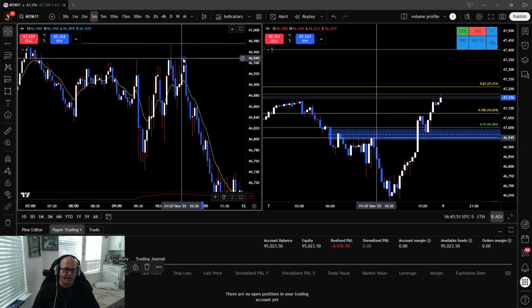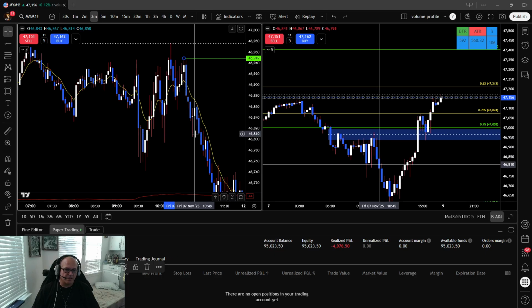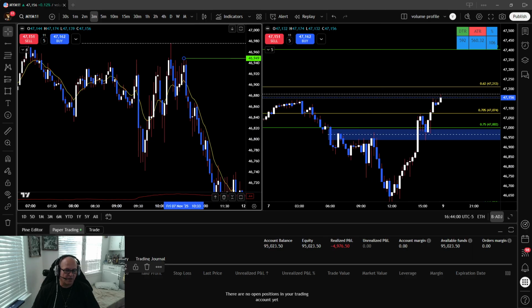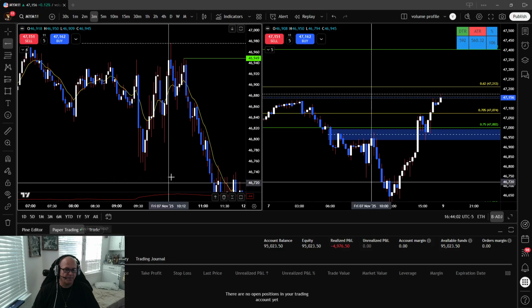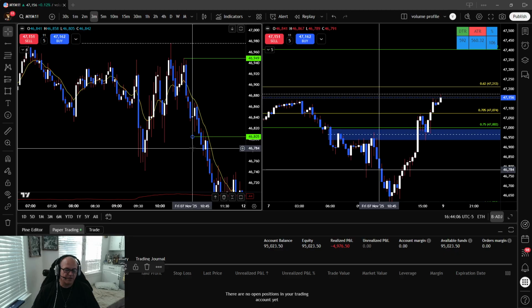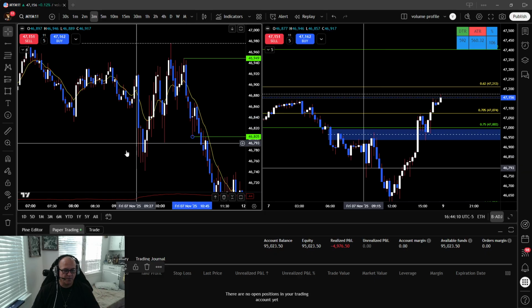I make note of that and I mark out the swing high. Then we come down and we hit here, and then we have this candle close here, which gives us a swing low. Immediately, because I don't know what's going to happen, and these are 3 minute candles, so you got a couple of minutes,